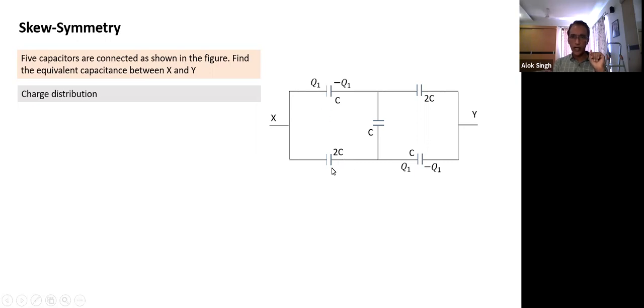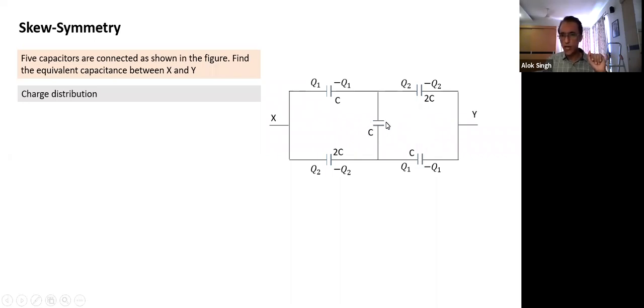This is Q1. I can't assume this will have the same charge. This will have some different charge. So let me assume this has charge Q2 and minus Q2. This one also will have Q2 and minus Q2. That's the second distribution. Based on this, what about the charge on this capacitor C? Do we have to assume a quantity Q3, or can I express the charge on this capacitor in terms of Q1 and Q2?